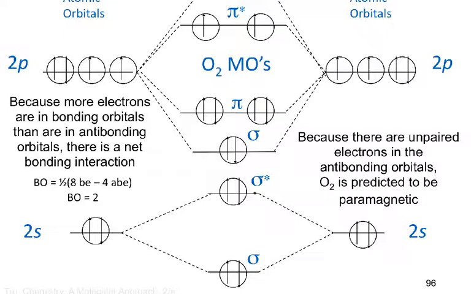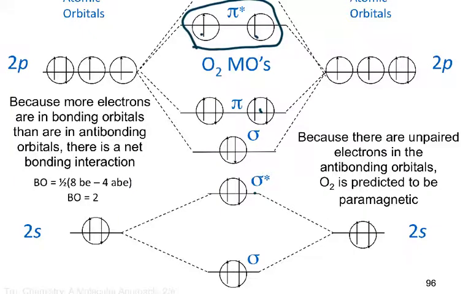So 1, 2, 3, 4, 5, 6, 7, 8, 9, 10, 11, 12. And you can see that in our pi star up here, there are 2 half-filled molecular orbitals, which leads to